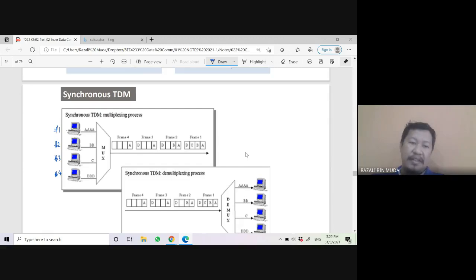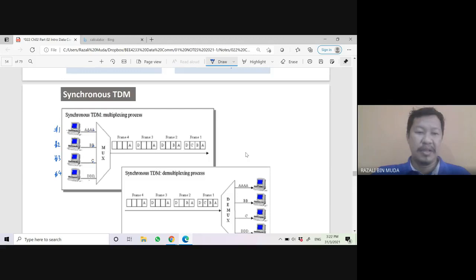The first device has 4 inputs. Okay, the second device only has 2 inputs. The third device has only 1. And the fourth device has 3. Okay, 4, 2, 1, 3. But because the slot in the frame is allocated for each of these devices, in frame number 1, you can see